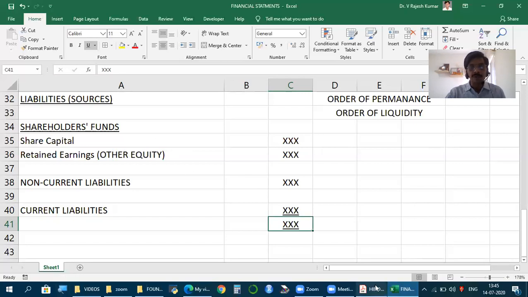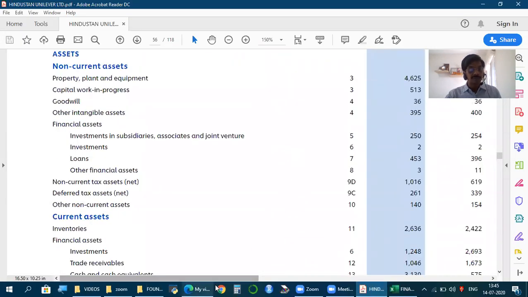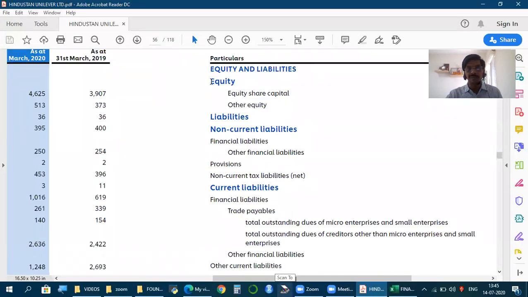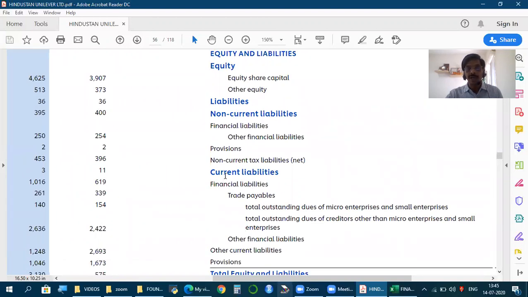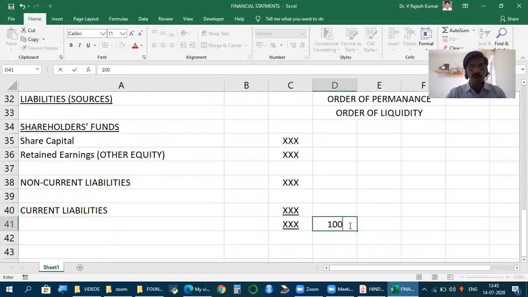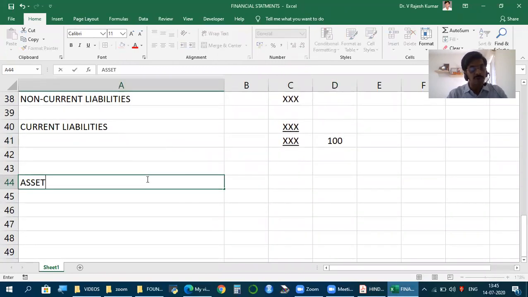And in annual report, what you find is exactly similar. So you find equity and liabilities. Equity is another name for shareholders' funds, also called net worth. Liability is non-current, current. Hope you remember what I'm displaying, this annual report of Hindustan Unilever. But assume a company has mobilized 100 crores from different sources. What has it done with these 100 crores is what we show on the asset side. So assets is nothing but application of funds.